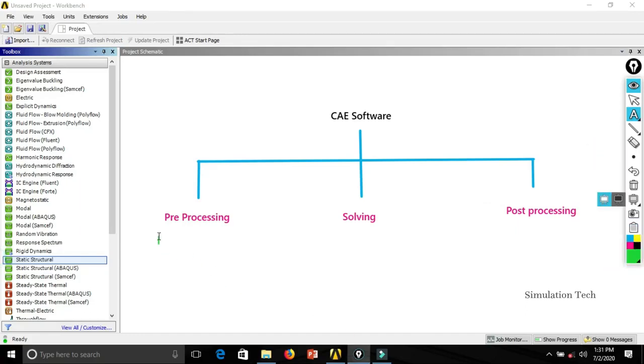So what does pre-processing do? What are the processes involved in pre-processing? Let's see. First, create a geometry, or you can edit a geometry, which is done by a CAD engineer. After creating a geometry, we need to create a mesh.